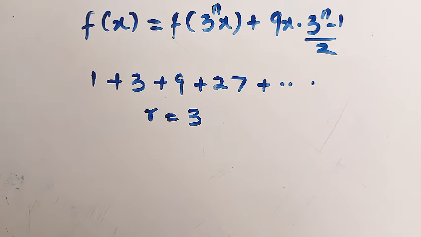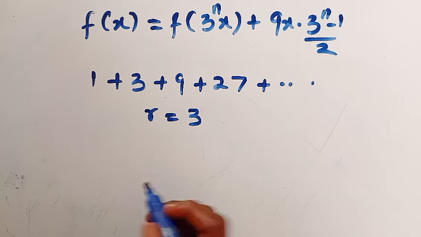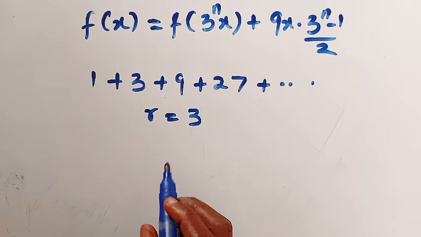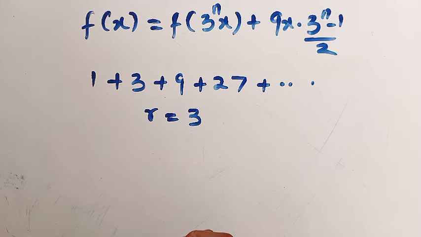But how can we get a convergence point? Suppose f here is a continuous function, and if you take n which tends to infinity, f of 3 power n x will also approach f of infinity unless it is bounded. If it is bounded, it will not approach infinity. And let's now assume the case when f is linear, and the only way we can have the right hand side cancelled is when